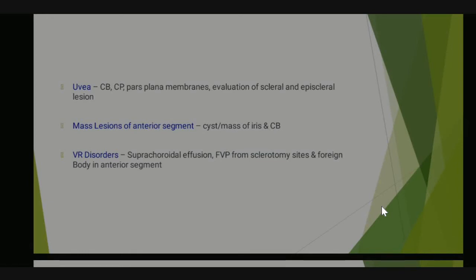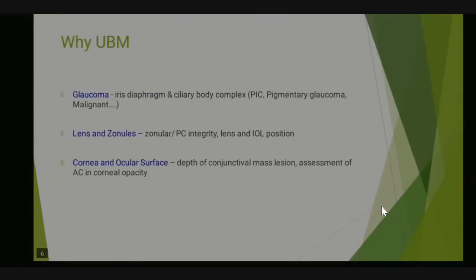Madhu, just previous slide. Which one? This one. So actually,